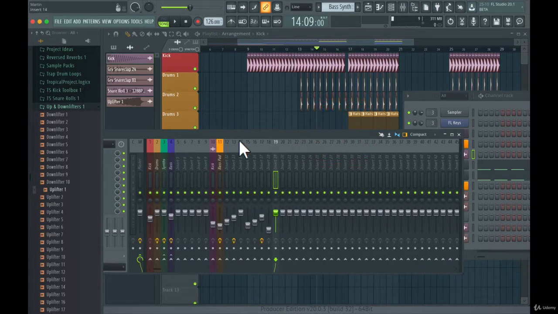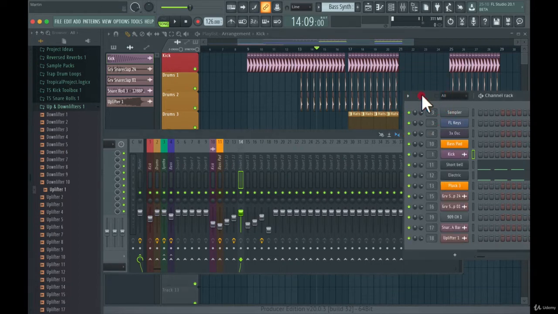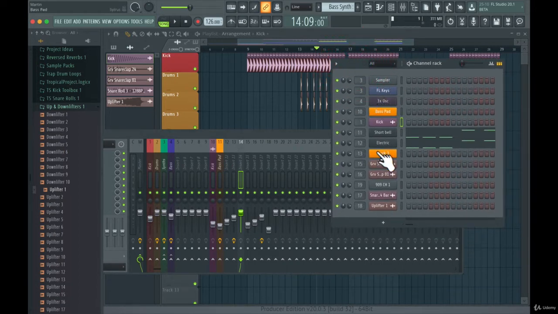And now you can see, because I didn't name anything in the mixer, it's a mess, because you don't know what this is. So you always have to look at the channel rack to see what instrument is assigned to what channel in the mixer. And I did this on purpose because I wanted to show you how messy it can be in FL Studio if you're not assigning your tracks to the sample.